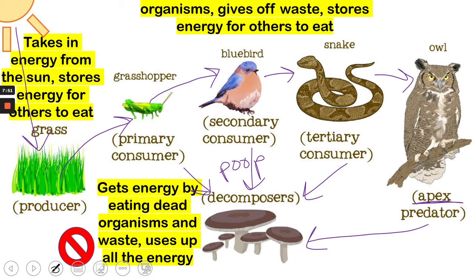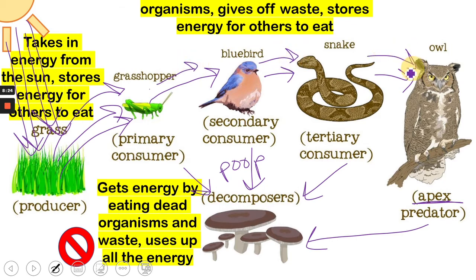It gives some to the grass. The grass uses some and passes some along. The grasshopper uses some and passes some along. The bluebird uses some and passes it along. Everybody's passing it along. And as they're using it, they lose a little bit of the energy. Some of it gets used up, but some of it gets passed along. So I'm going to draw extra arrows here. The grass is getting lots of energy. It's giving lots of energy, but the grasshopper is going to use up some of it. These guys are all going to use up some of it. By the time it gets to the decomposers, there's a lot less energy there.